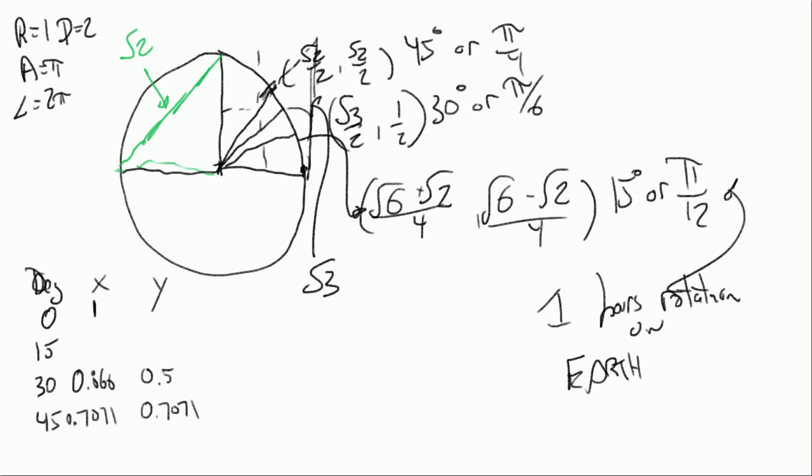You know, of course, that this is 1 and 0. Later on, you're going to see there's other ways to get at this, 0.9659 and 0.2588. So getting to the point of owning these values because of the pattern, and then eventually these values here,